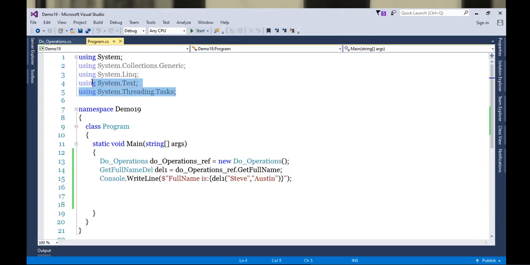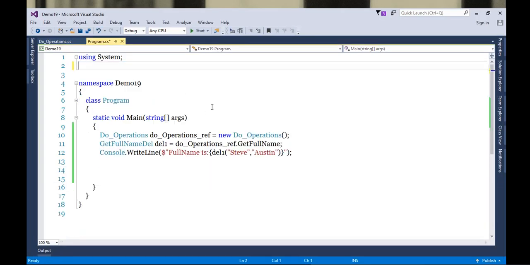So it is working. What we achieved here is, using a delegate, we are able to call a named method. Currently this delegate is pointing to which named method? GetFullName. So what we did, we assigned the reference of GetFullName into this delegate. Right? So this was, I guess, step 2 as per yesterday's discussion, instantiate the delegate. And step 3 is use the delegate to call a method, which we are doing here.